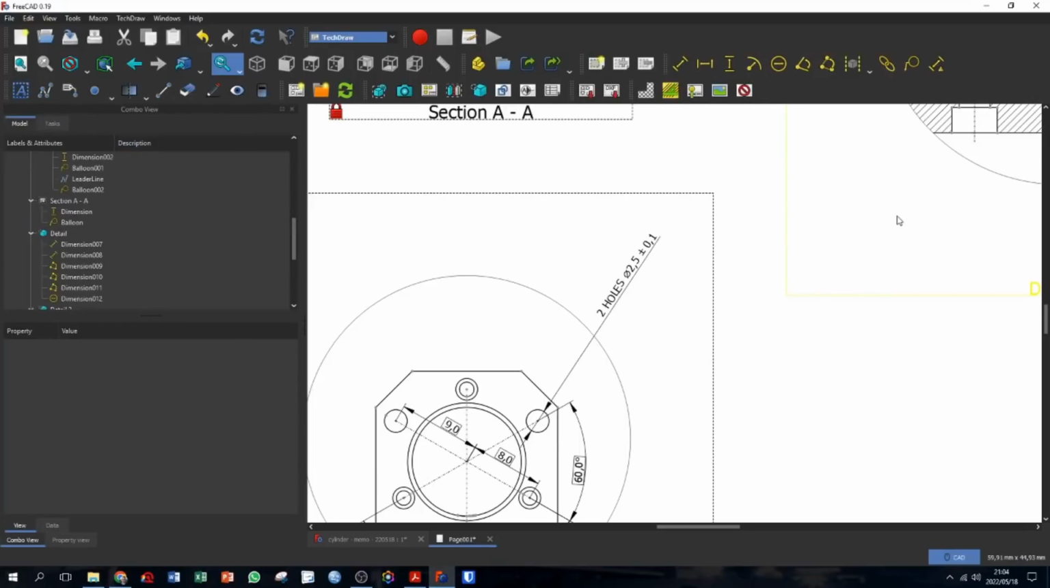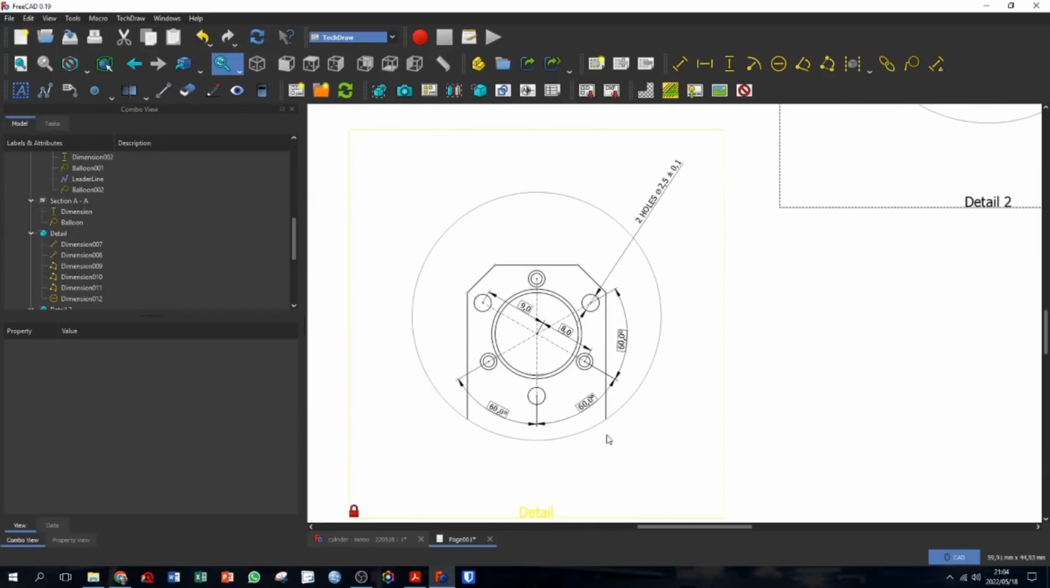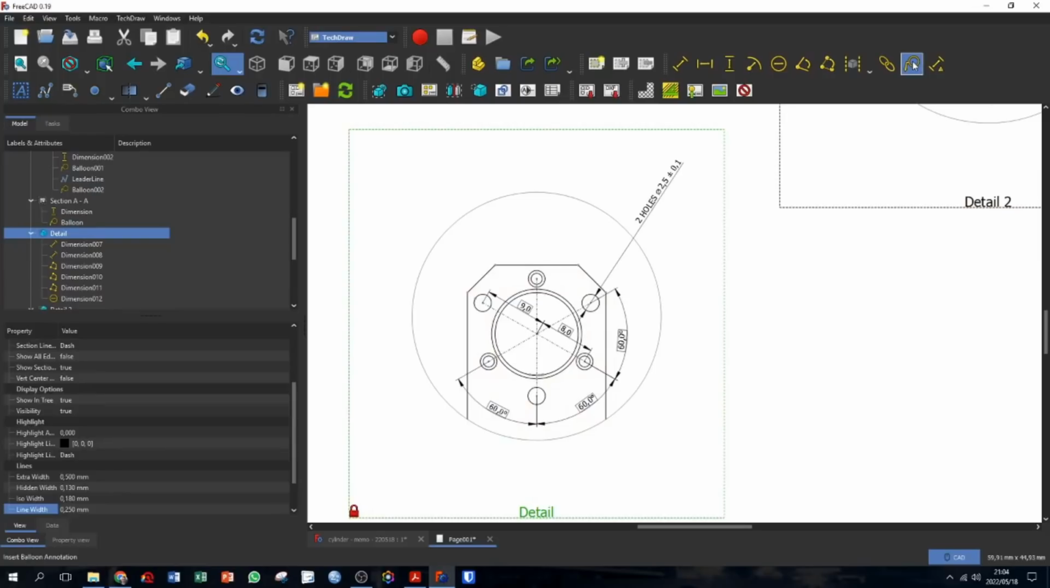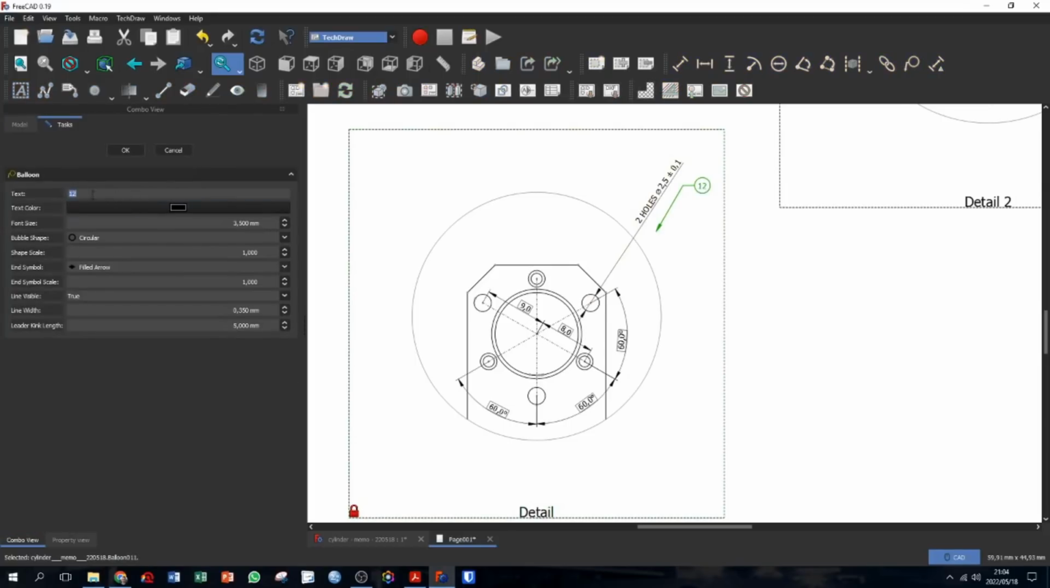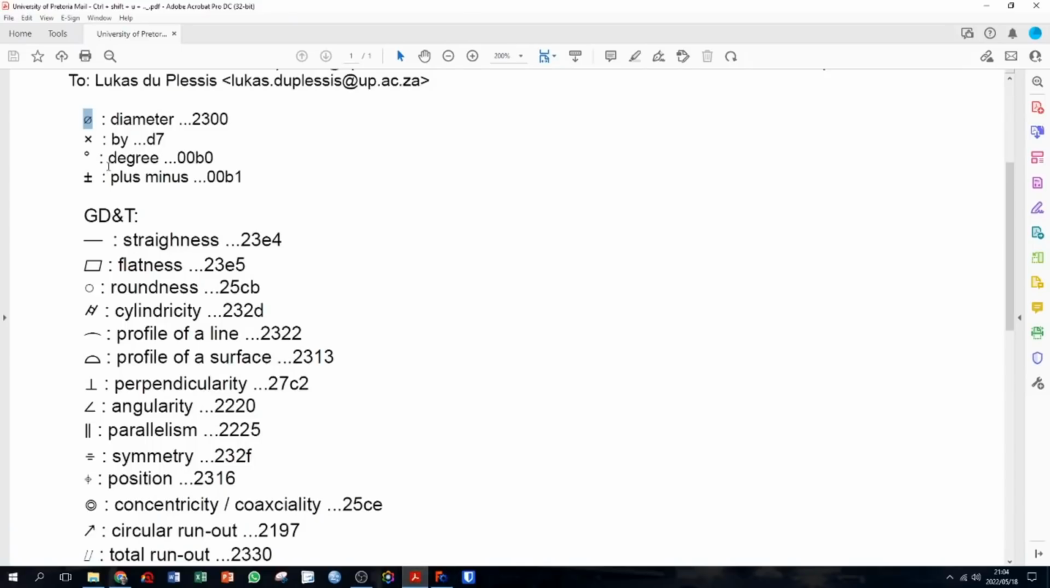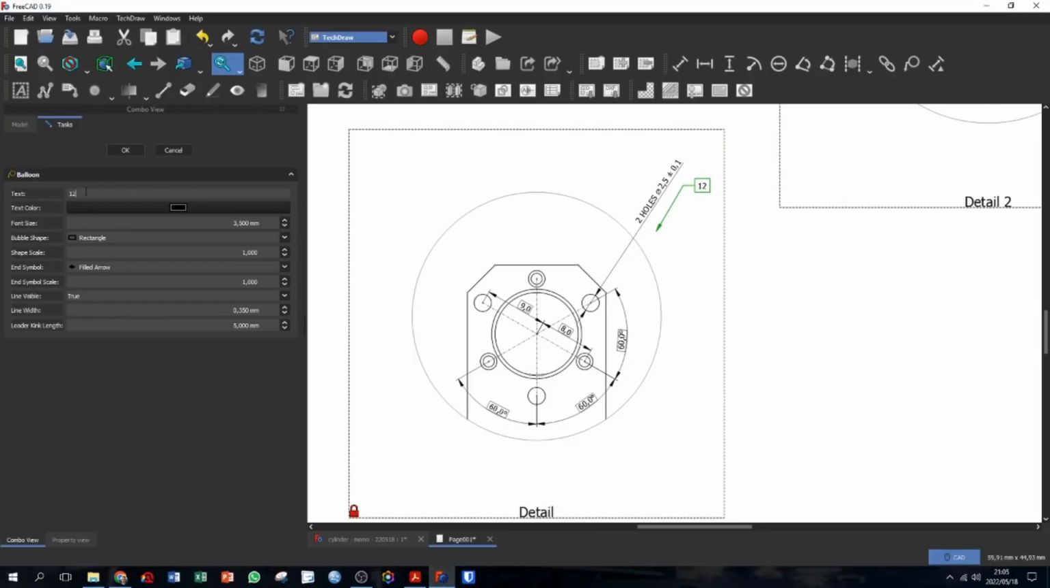Right, so now we want to specify the positional tolerance. In order to do that, we go to detail, place it in its rough location, double click, we've got a rectangular bubble shape, we go to positional, Control C, Shift backspace, diameter,